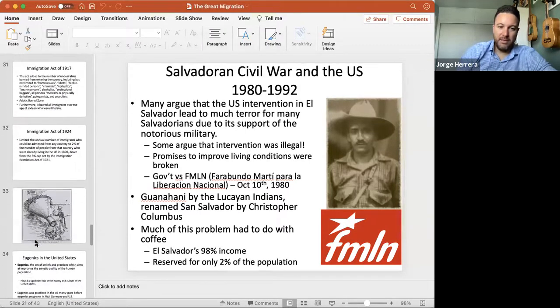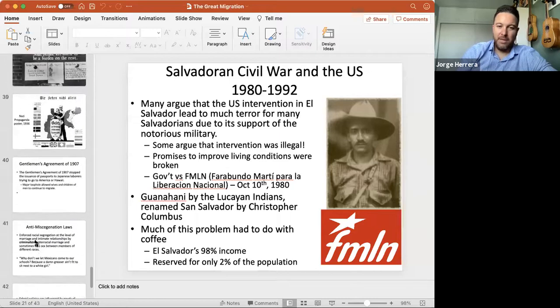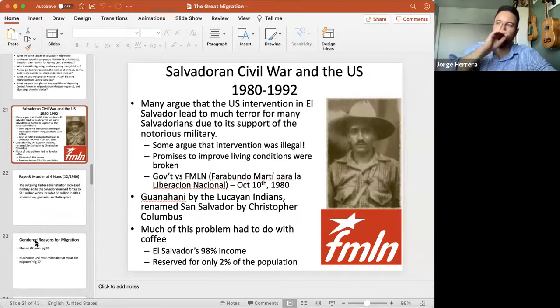Let's talk a little bit about El Salvador and some of the articles that you have to read, like the gangs of El Salvador. The Mara Salvatrucha is actually a gang from the United States. We call it a Salvadorian gang, but just because it's made up of Salvadorians doesn't mean it's from El Salvador. What are we doing to people that we catch in the United States who maybe are undocumented, but are part of Mara Salvatrucha? We are sending them and deporting them back to El Salvador.